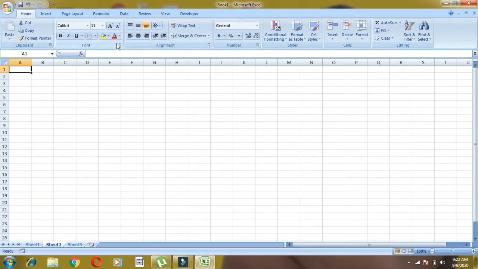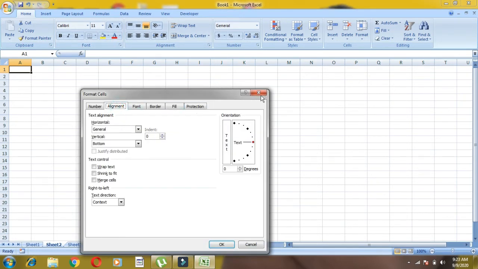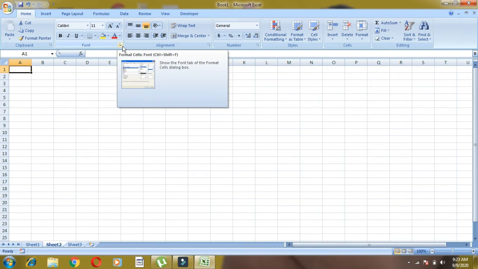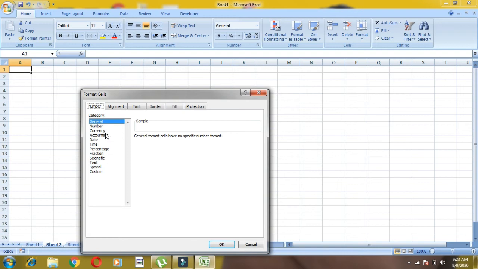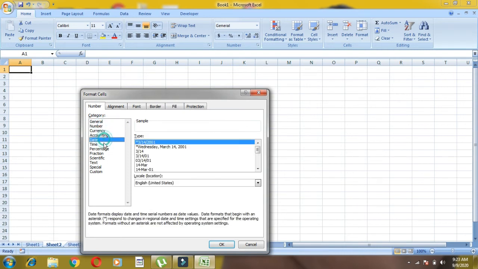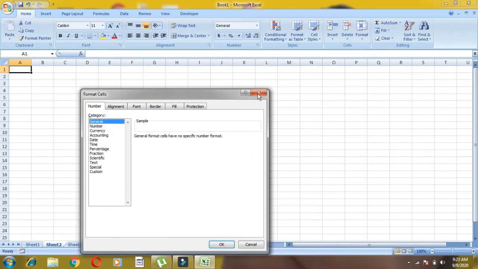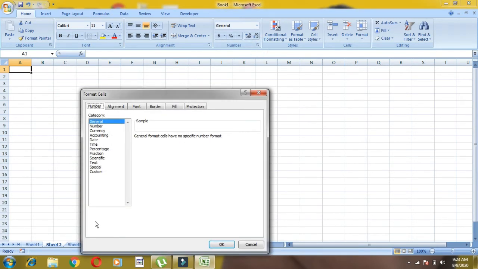So we can change this format from here. If you click on the font drop arrow, you can go to the number part. Here you can see the different types of number or special number which can be entered in Excel. Children, directly also we can go from here, the number part. This all belongs to the format cell.